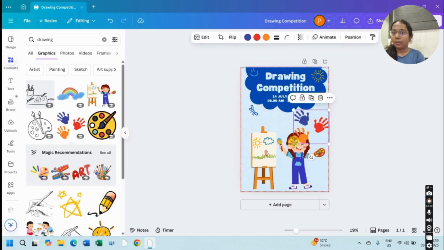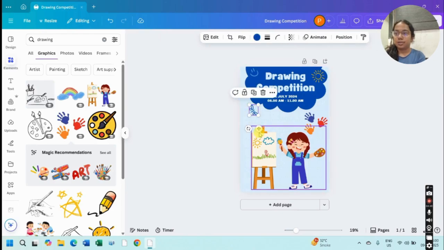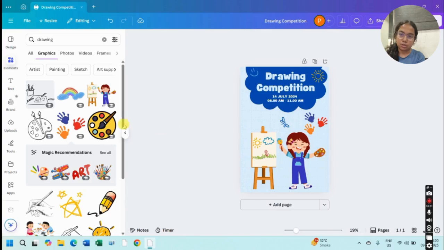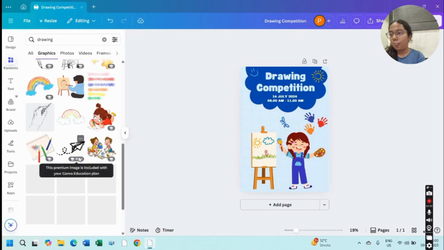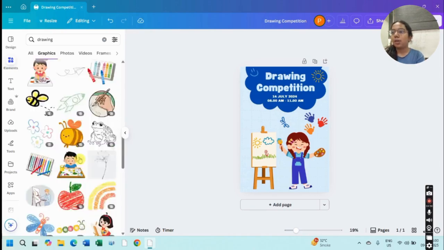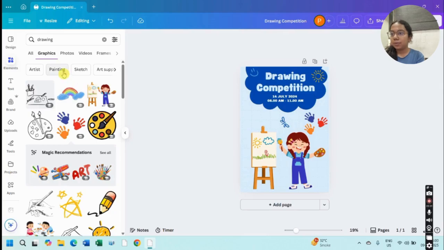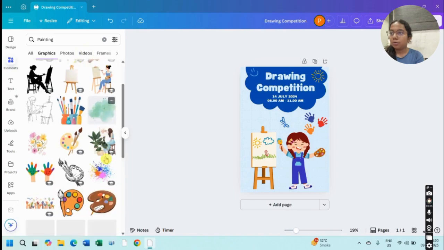You can also add such elements like the handprints which I'm adding. There are many other elements as well, like the brushes and other drawings, etc. You can change the position of the elements that were already present. You can search for other elements as well. There are so many elements. Now I want to add